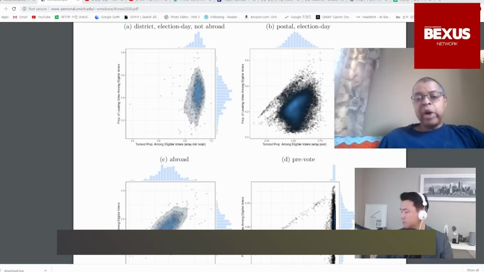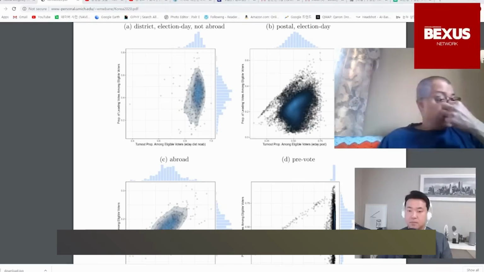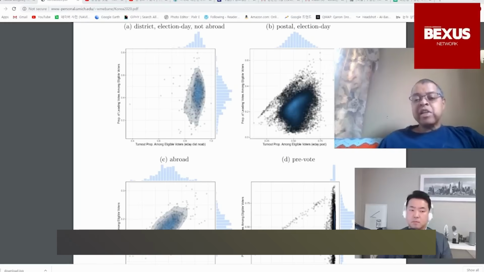I see. And just right off the top, there are different clusters of turnout and vote choice, dramatically so. And in fact, the pre-vote clusters you can see have nearly 100% turnout, which is not the case for other clusters. And so it's not anything that's fraud that causes those pre-votes to be exceptionally high in terms of turnout. It's just the way that the system categorizes those. Similarly, if you look at the abroad votes, they presumably have a similar kind of structure, but there I saw that there are many higher numbers of abroad votes.